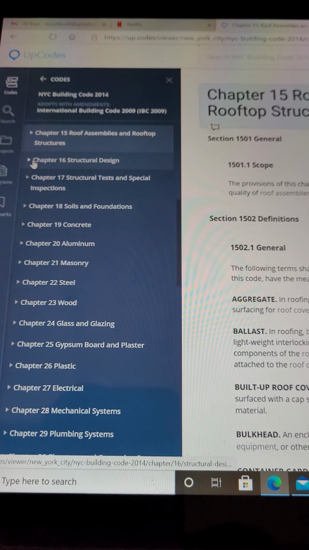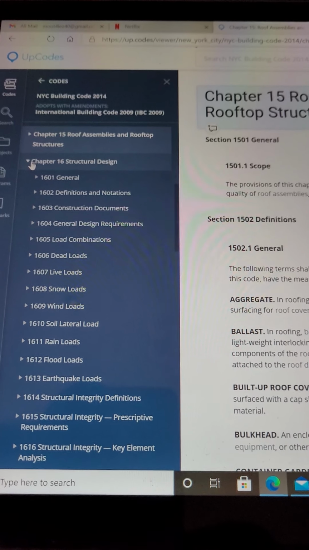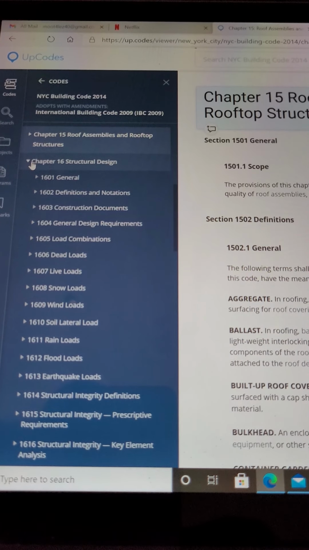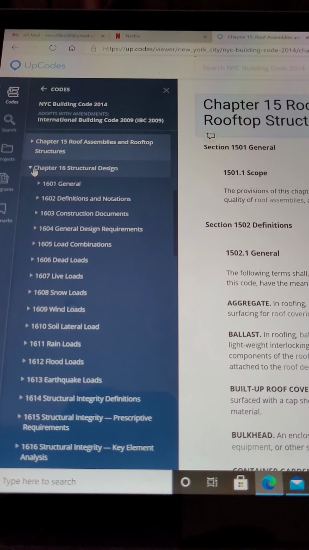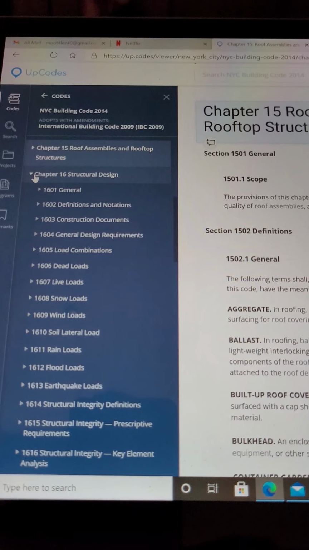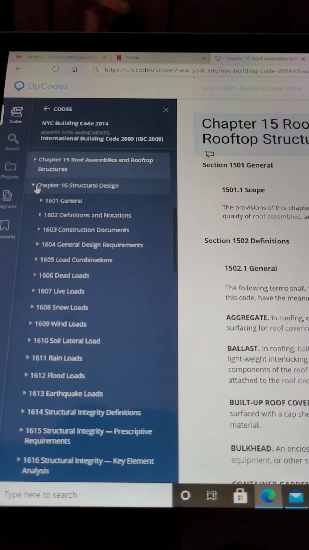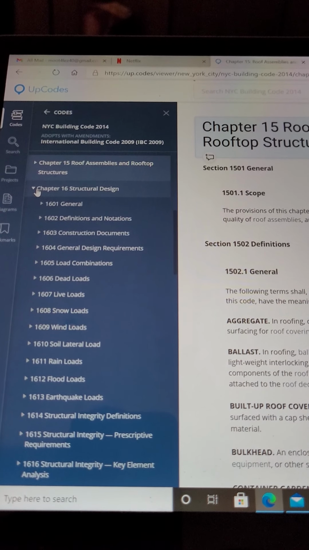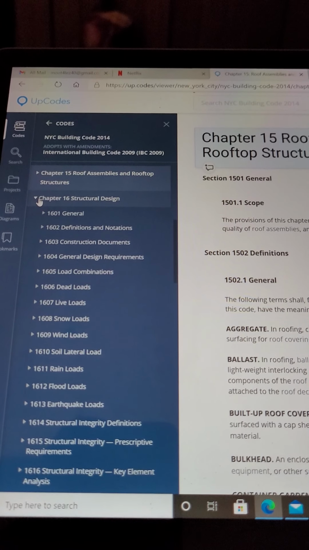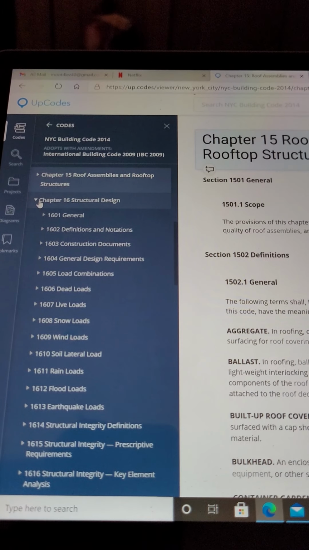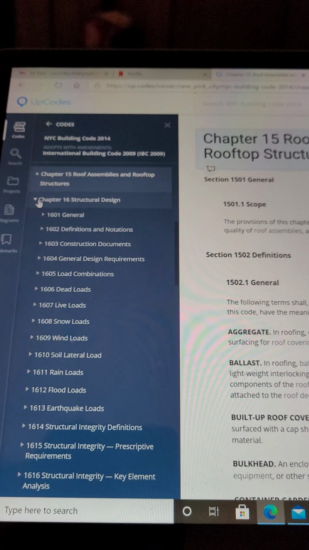Moving on to 16, Structural Design, 1601 General, 1602 Definitions and Notations, 1603 Construction Documents, 1604 General Design Requirements, 1605 Load Combinations, 1606 Dead Loads, 1607 Live Loads, 1608 Snow Loads, 1609 Wind Loads,